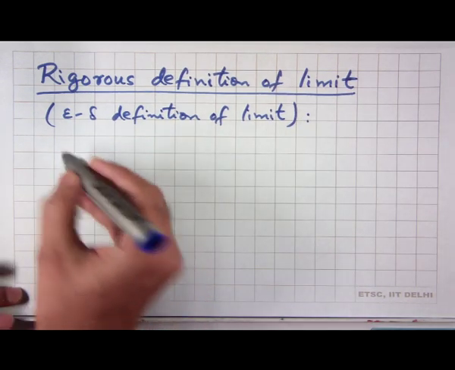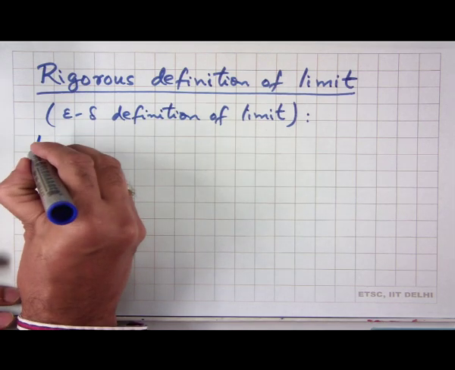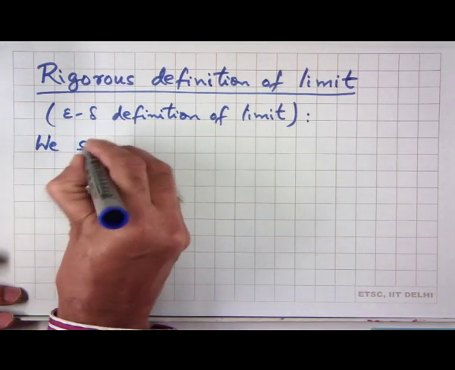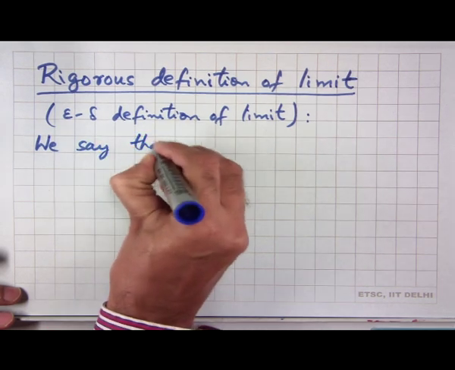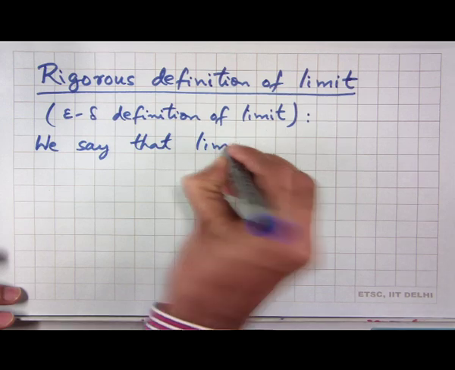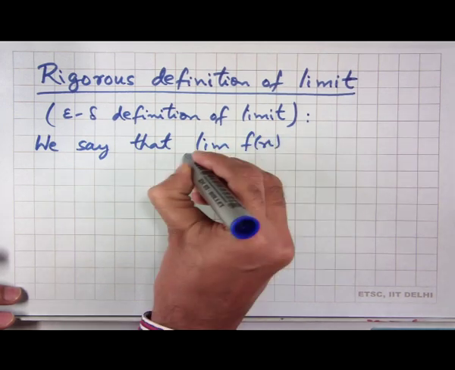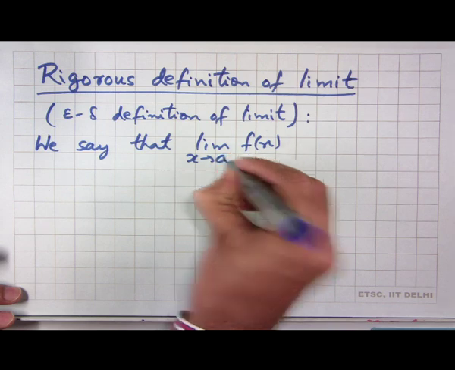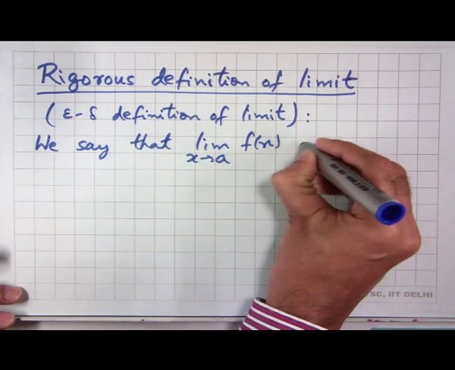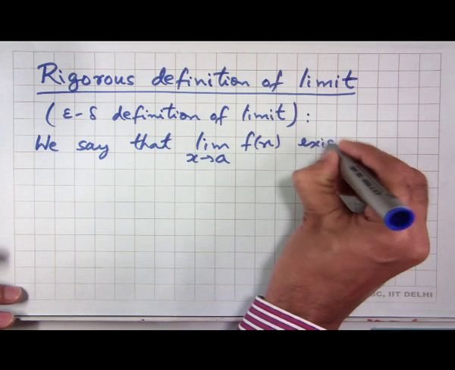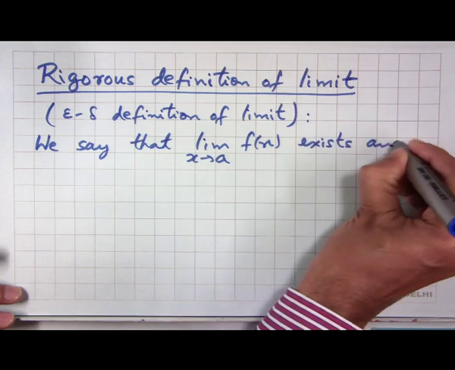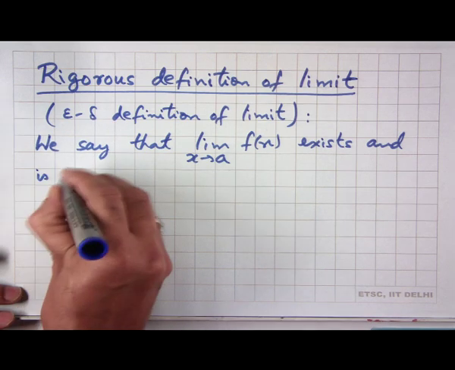So, the definition is, we say that limit of f of x as x tends to a exists and is equal to L